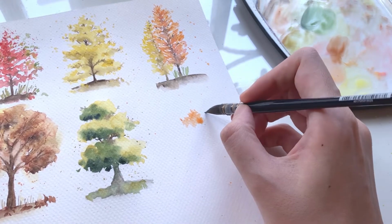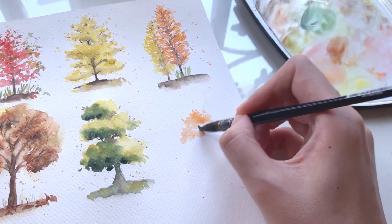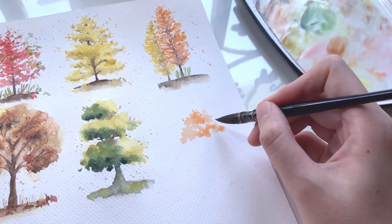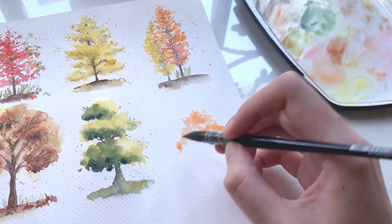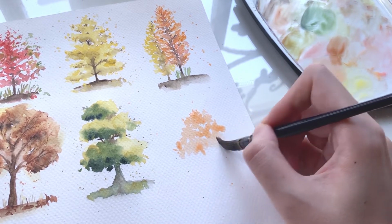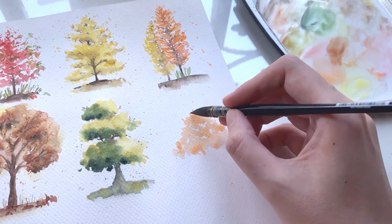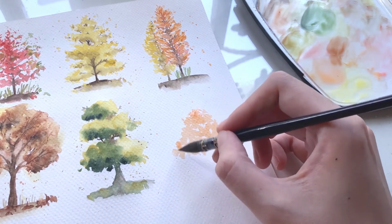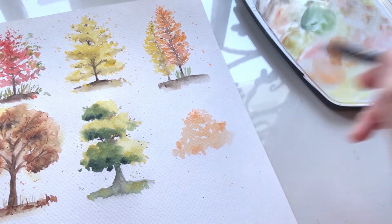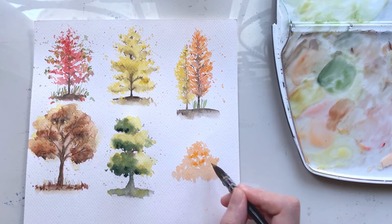Again, starting off with orange, I am painting in these tiny brush strokes like so. Be sure to leave some white gaps in between. And as we paint downwards, be sure to keep in mind the overall shape that we'd like to maintain, which is the shape of a mushroom. Let's darken the center area with a thicker